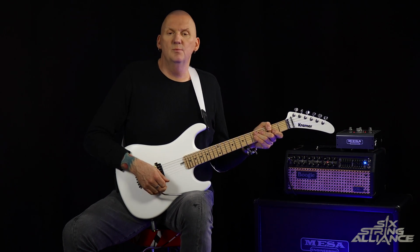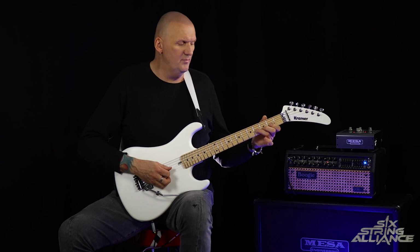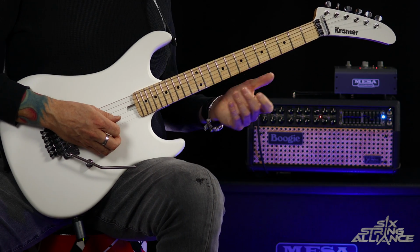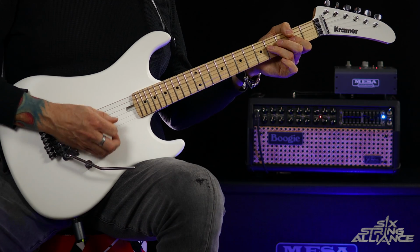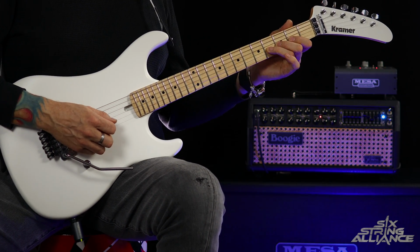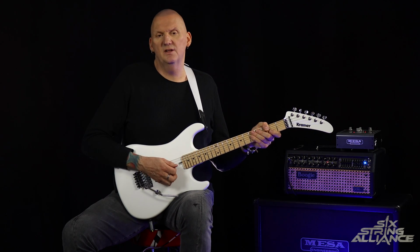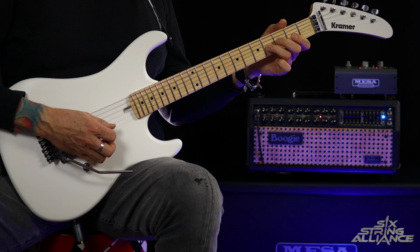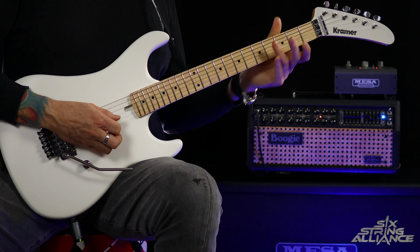Okay, into the next section, we're playing around the F sharp minor pentatonic, F sharp blues scale. We start off by playing 4 to 2 on the G, and then back up 2 to 4. And then we have a little fast triplet pick on that 4th fret of the G. So you get... And then you're going to slide quickly up from the 4th into the 5th fret and then back down. So you get... pull off and then